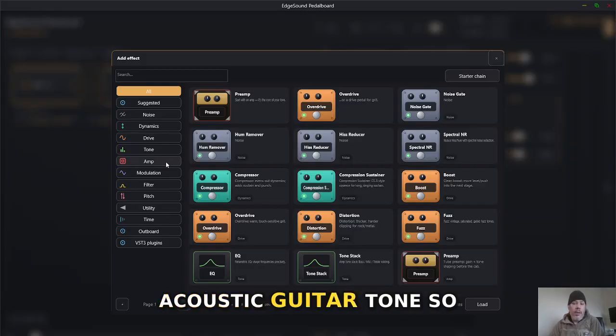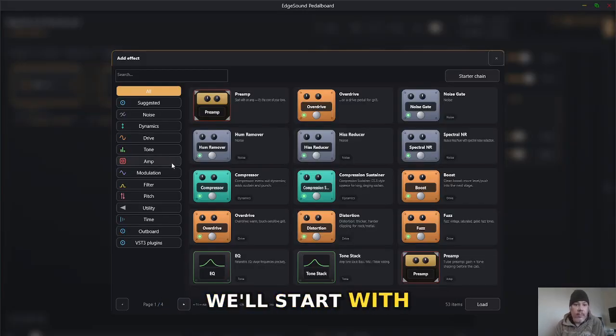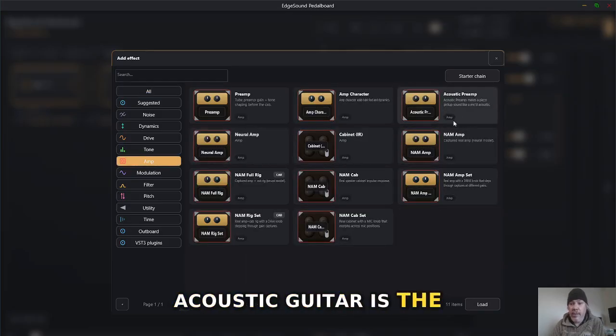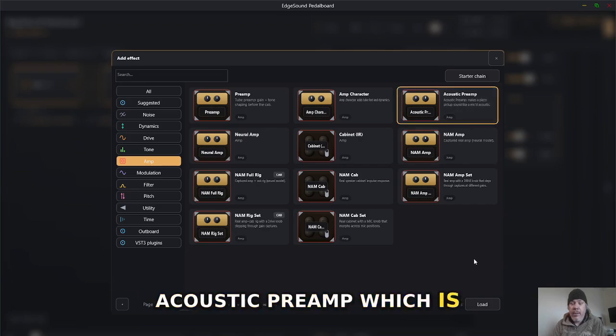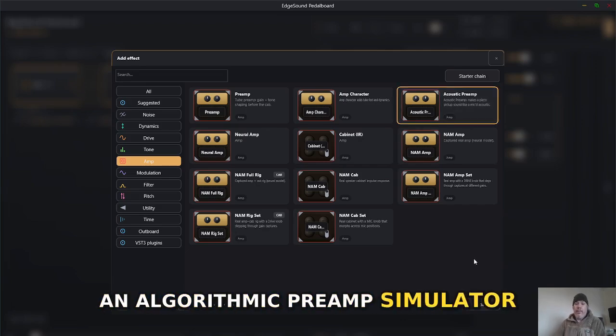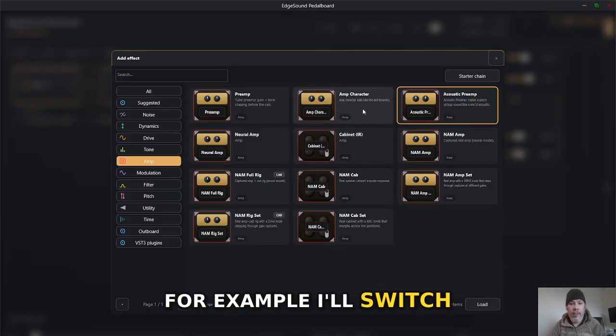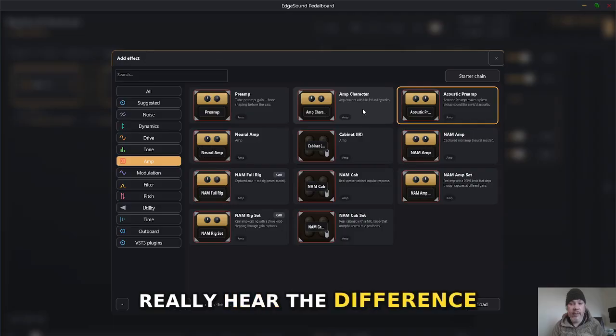We want acoustic guitar tone, so we'll start with a preamp. In this case, the simplest and most direct one for acoustic guitar is the acoustic preamp, which is an algorithmic preamp simulator. You can hear the tone there. For example, I'll switch amps so you can really hear the difference.